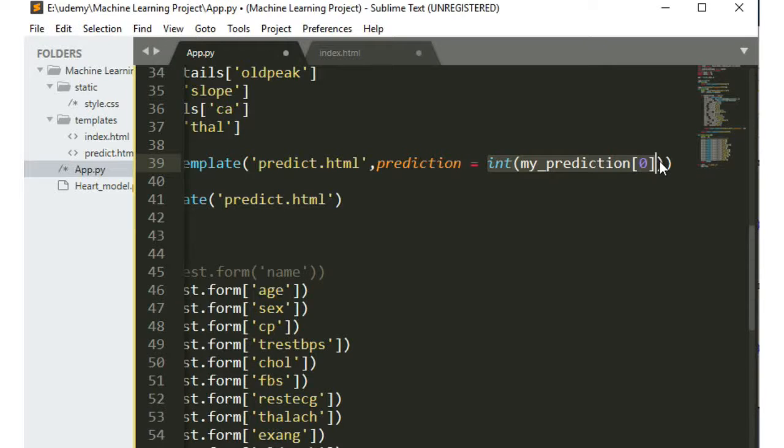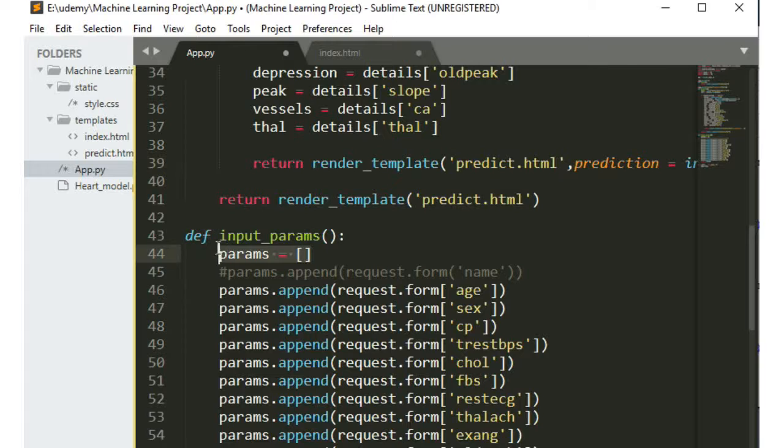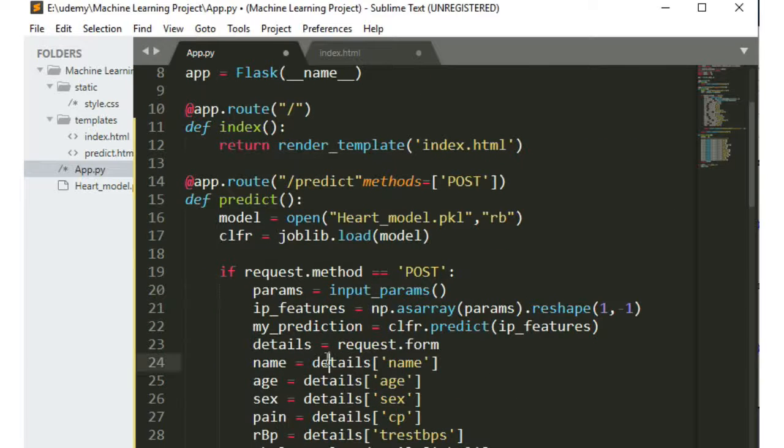We have if request.method. If it's POST, then the parameters of input features are taken into params, another variable, and we are converting the shape into a numpy array and then making some predictions. That's it in app.py. Now let's move to